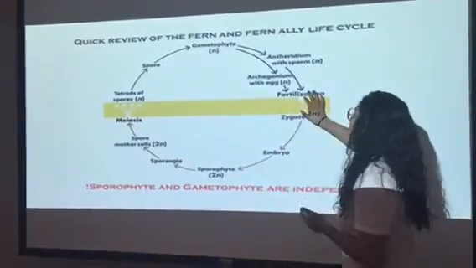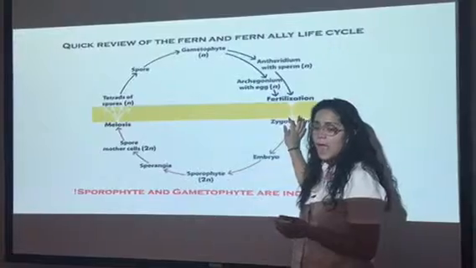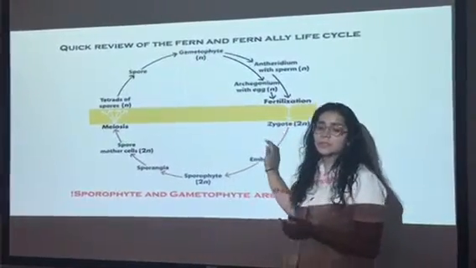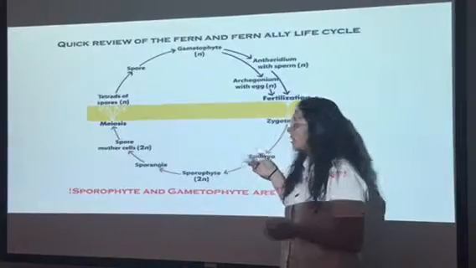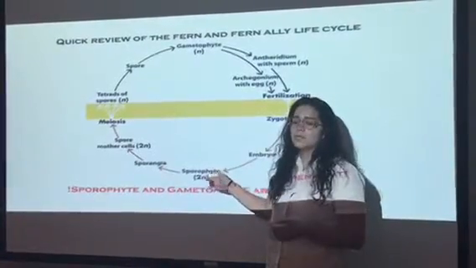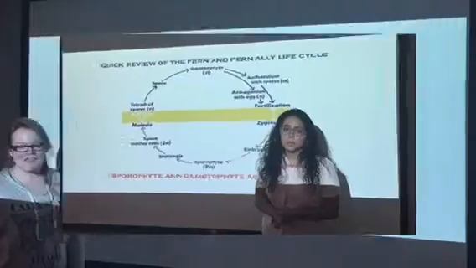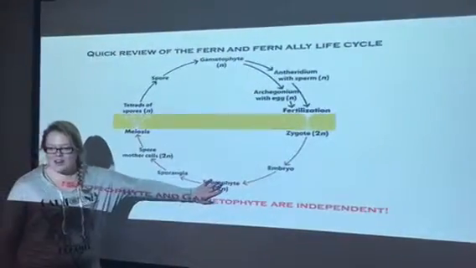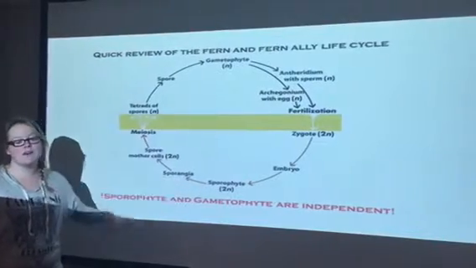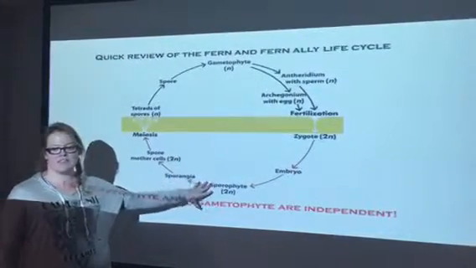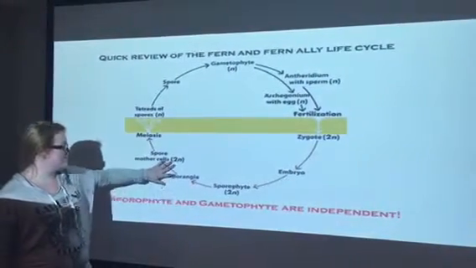So next, through this, they go through fertilization, and zygotes are produced with 2 copies of a gene. They then go to an embryo and are transferred to sporophytes, which are the diploid generation. So sporophytes are the 2 copies of a gene that produces spores, which each have 1 copy of the diploid generation's genes. It then goes through